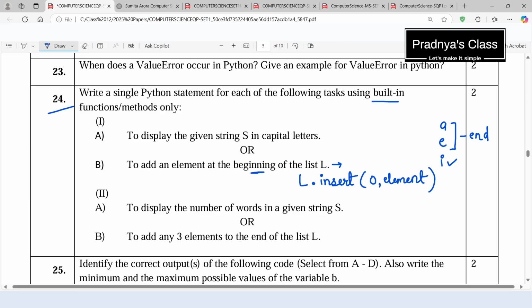We got our answer. Now look at this: to add any 3 elements to the end of the list. Now out of these 2 methods we need to use one of them. But the append method is used to add only a single element. Then we will be using extend. The name of the list is